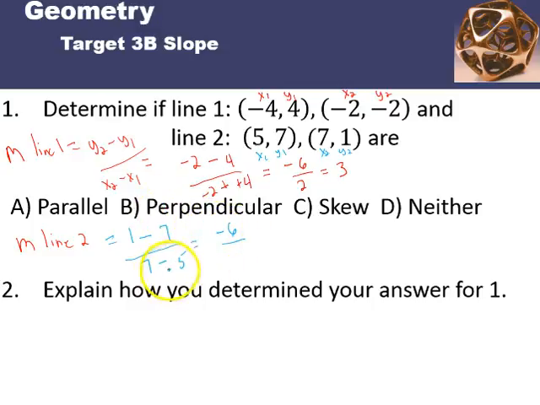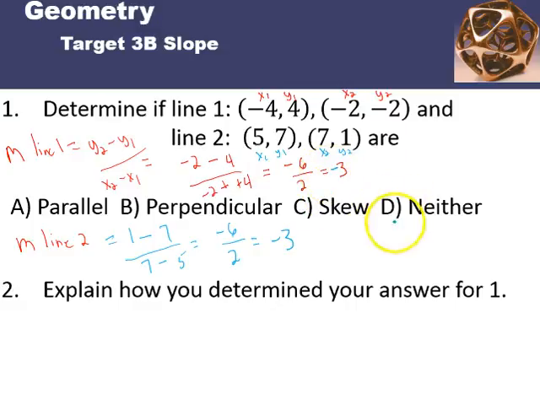1 minus 7 is negative 6. Oh, I made a mistake. And 7 minus 5 is 2. And negative 6 divided by 2 is negative 3. Here's my mistake. Negative 6 divided by 2 is negative 3. So these both have a slope of negative 3. I made a mistake up here. It should have been negative 3, not just 3. So negative 3 and negative 3,